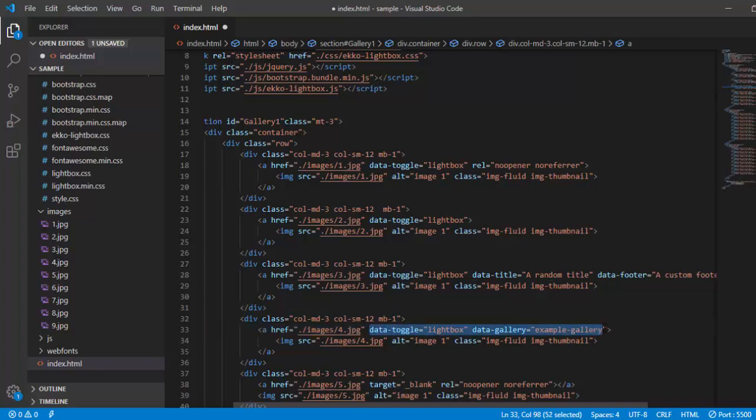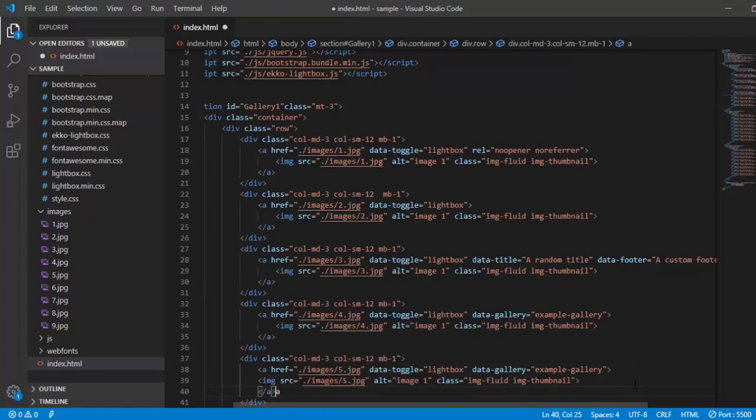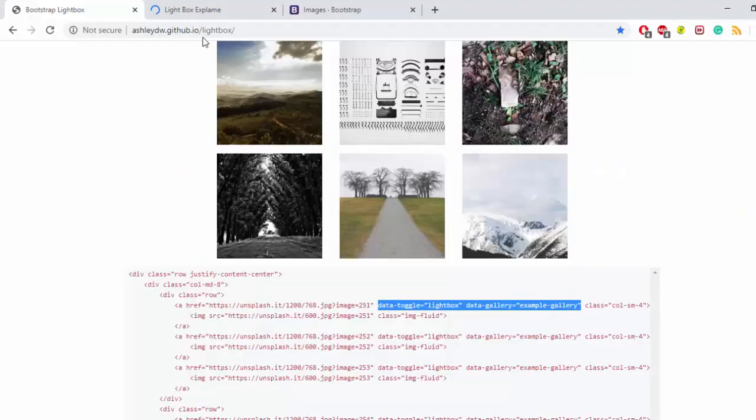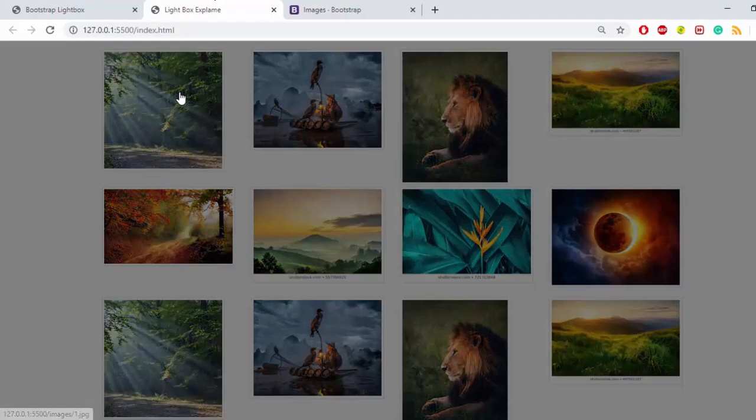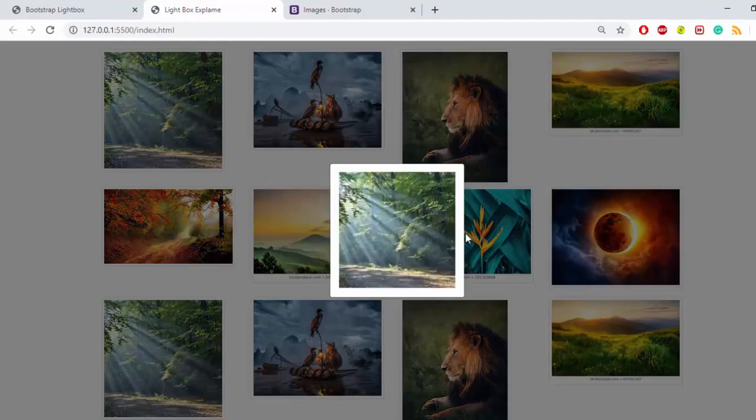Just copy this part, just paste it out here. Done. So let us see what happens right now. So this was a simple thing where we don't have any arrow marks.